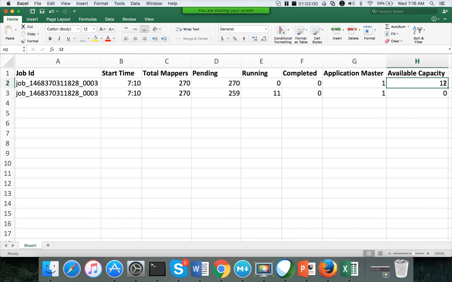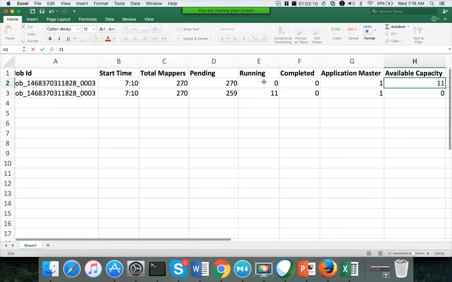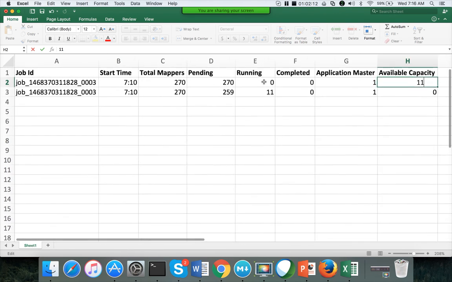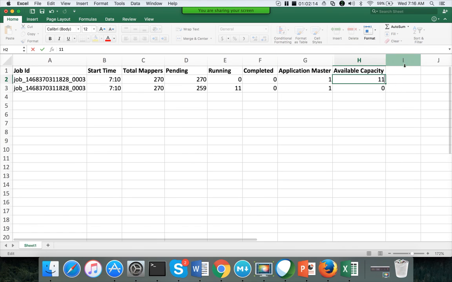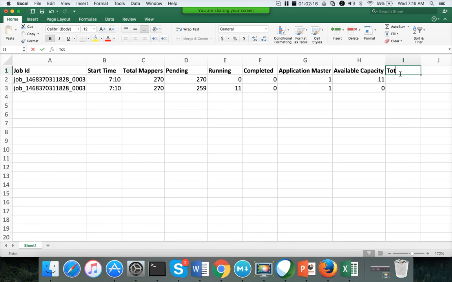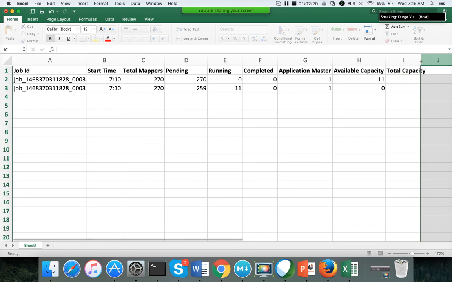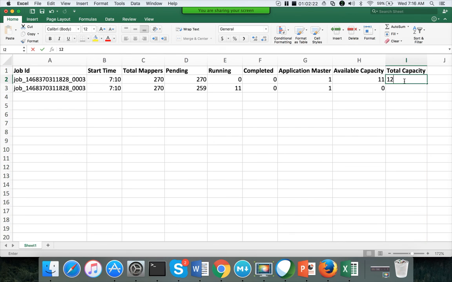So here it should be only 11, not 12. Okay, so let me add one more thing. Total capacity is 12. Here this will not change. Total capacity will remain the same.